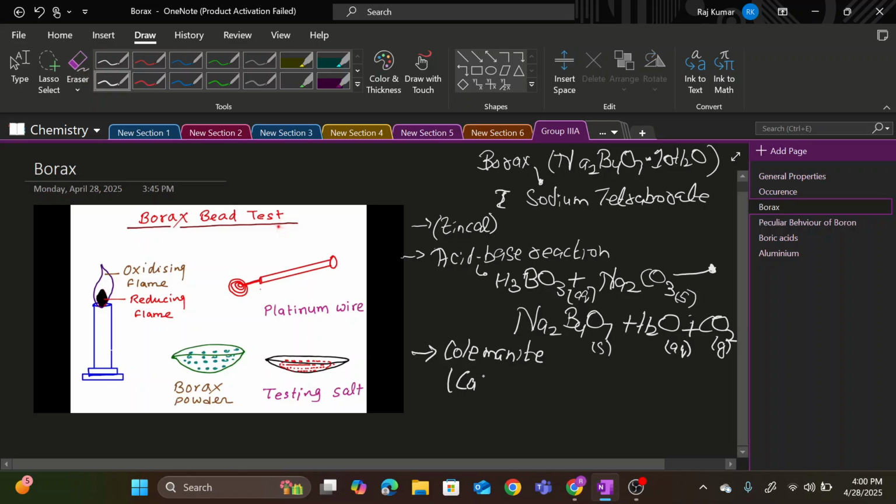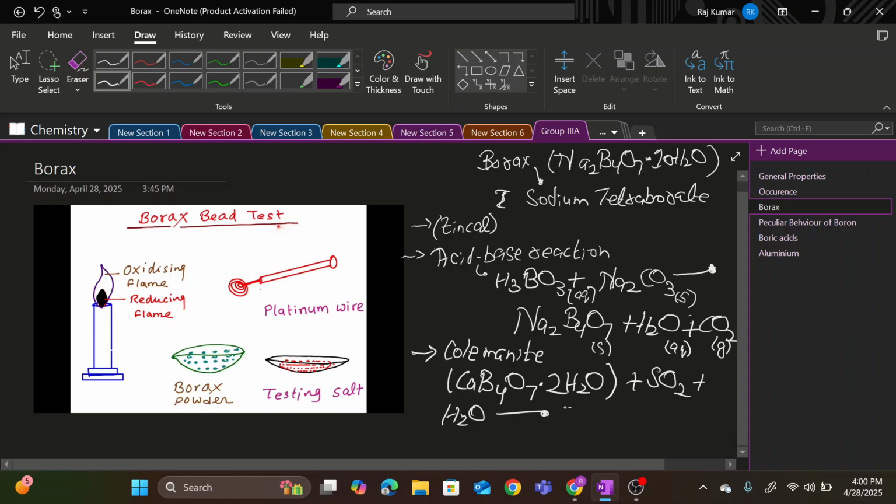Now, calcium borate, when it reacts with sulfur dioxide in an aqueous form,